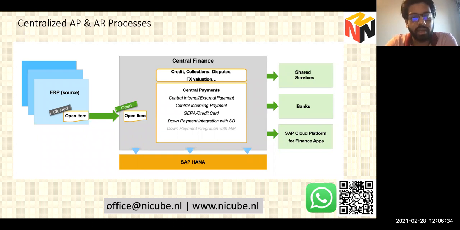It applies for incoming payment, outgoing payment, and down payment, and you can also have your credit collections and disputes all in the CFIN system, because of course now all open items are in CFIN. You will run all your credit reports and collections, everything can be done in CFIN. Plus you can also centralize your credit management into one system. So that's step number one after you implement CFIN, after your data has started replicating from ECC or non-SAP to the S/4HANA system.